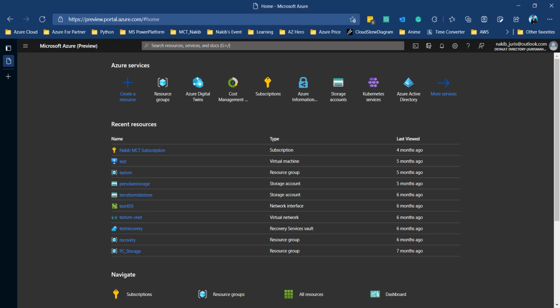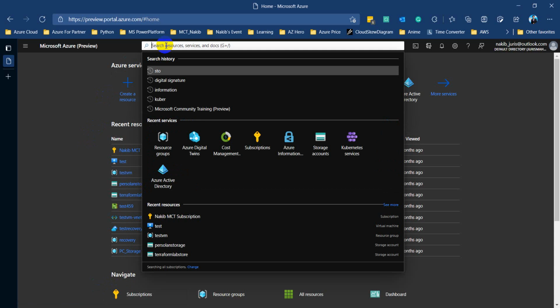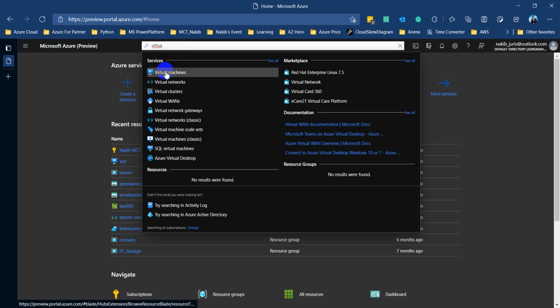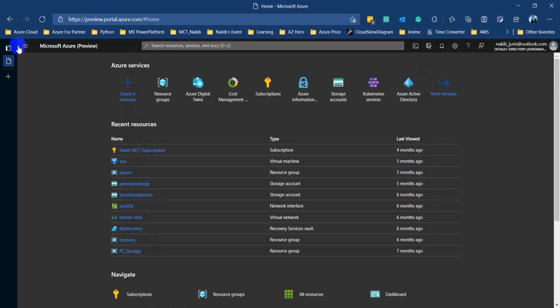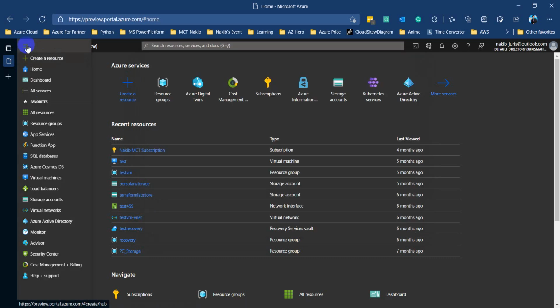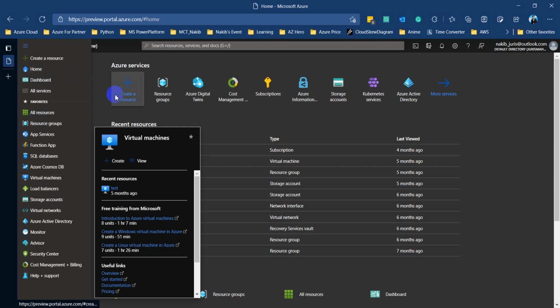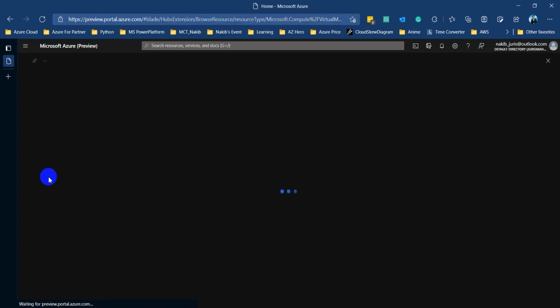After coming to the portal, you have to create a resource, or you can search from this search box. Let's see, writing virtual machine. If you write this, then it will come to the virtual machine, or in the left side corner you can use the tab bar. Here you can find a number of pieces of information. You can assign a favorite task as well, where you can also create a virtual machine, and you'll find that as well. So let me go from here.